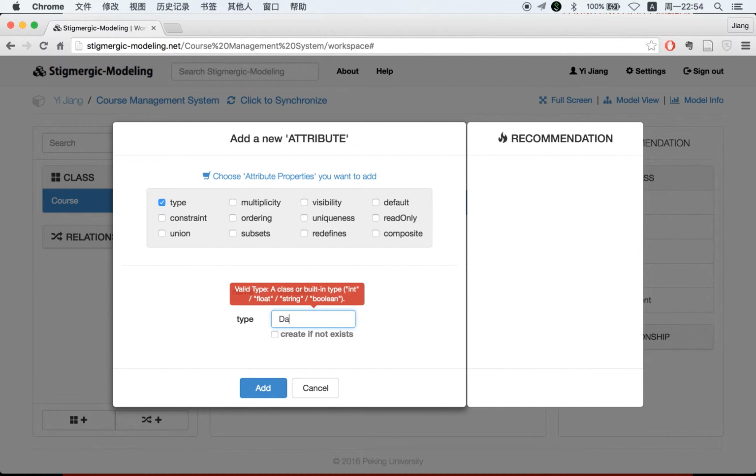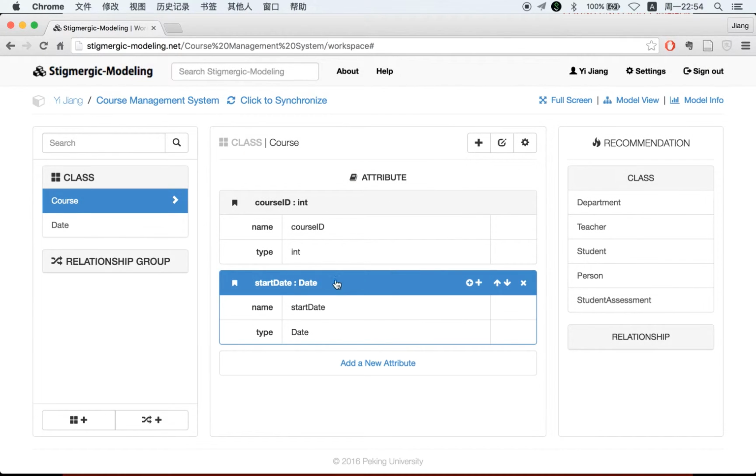I think the type of the start date may be a date. However, there are only 4 types pre-built in this tool, but we can build a type on our own. So here we built a new attribute called start date, and we built a new type called date. There may be some other modelers who want to build an attribute of the cost here,